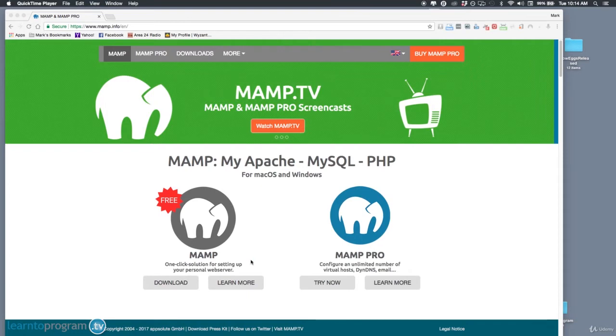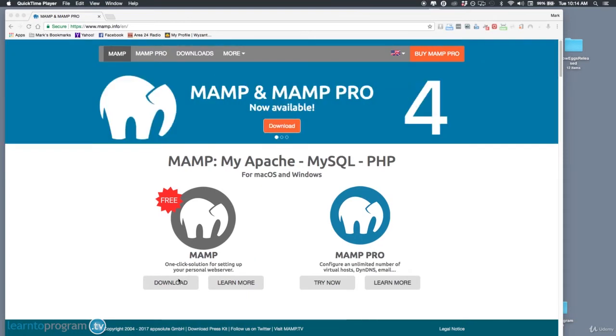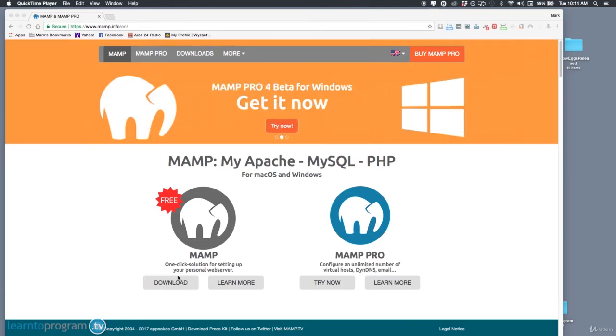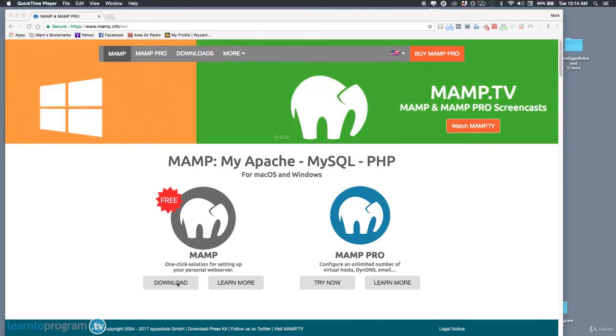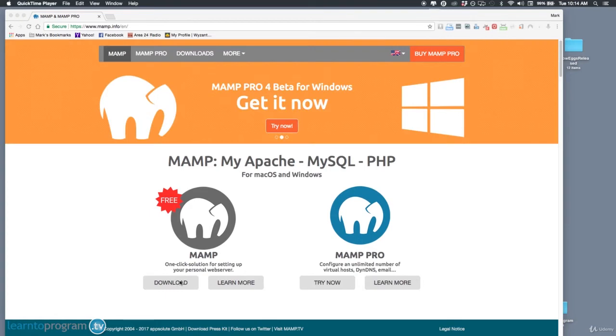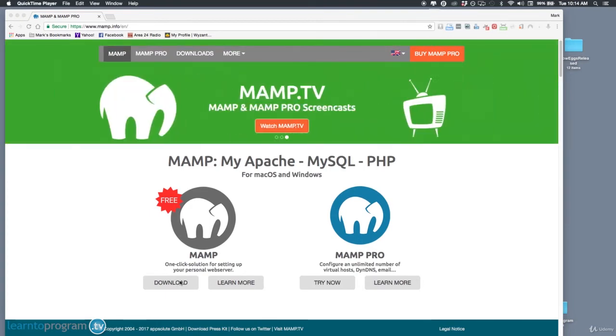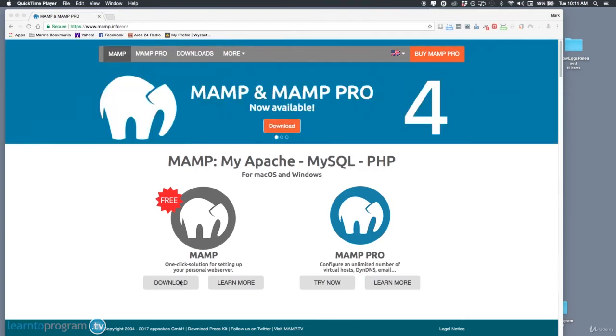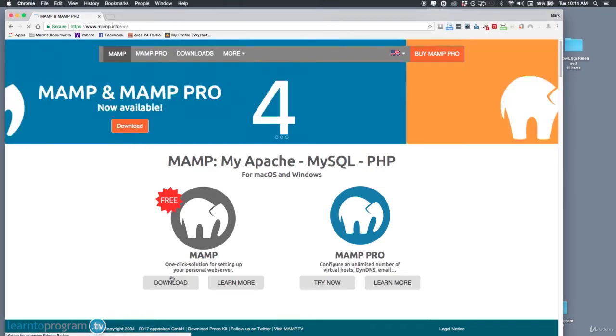We're going to download MAMP. As you can see, there are two flavors here. There is MAMP and there is MAMP Pro. The regular MAMP is free, so as far as I'm concerned, I have been able to do pretty much everything I need to do with the free version. If you want to download the paid version, you are certainly free to do that, but I would start with the free version because, let's face it, free is always better. So we're downloading MAMP,